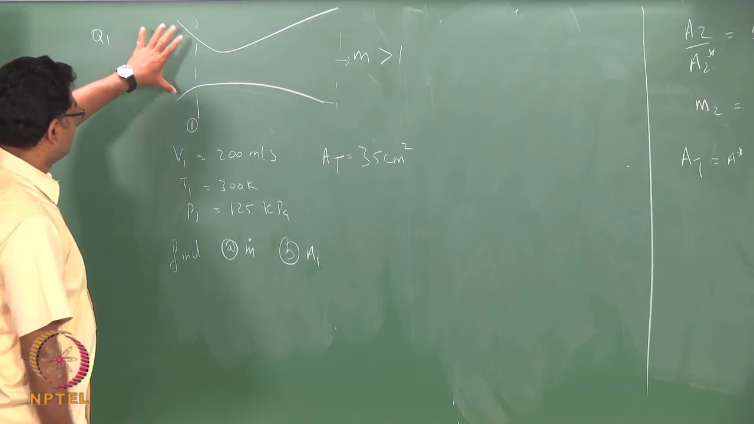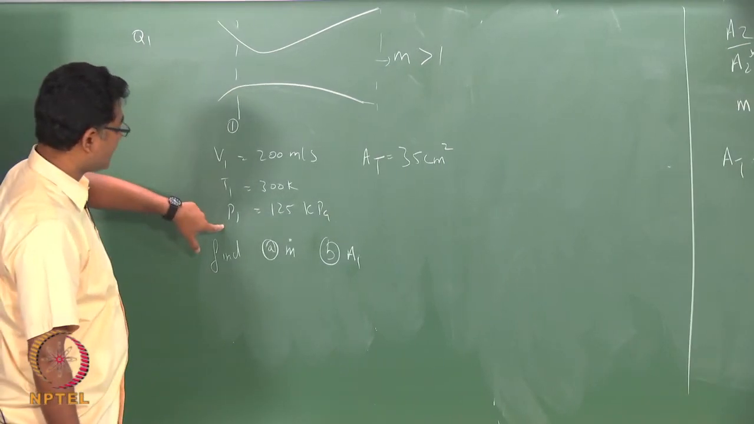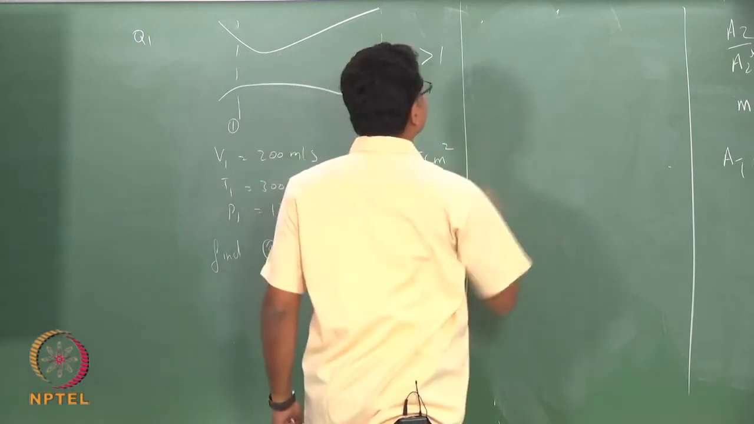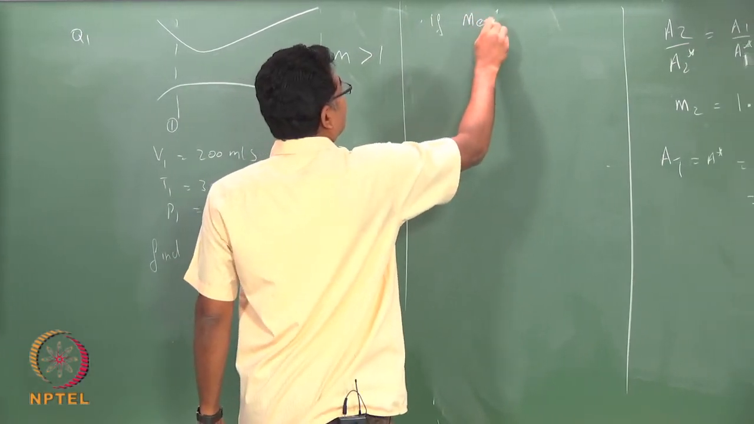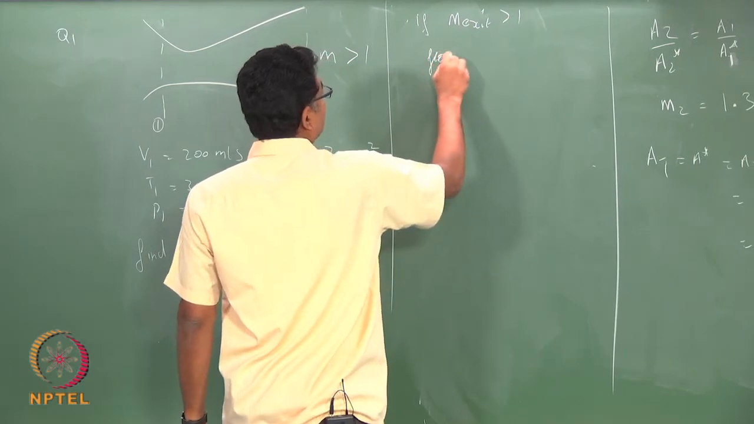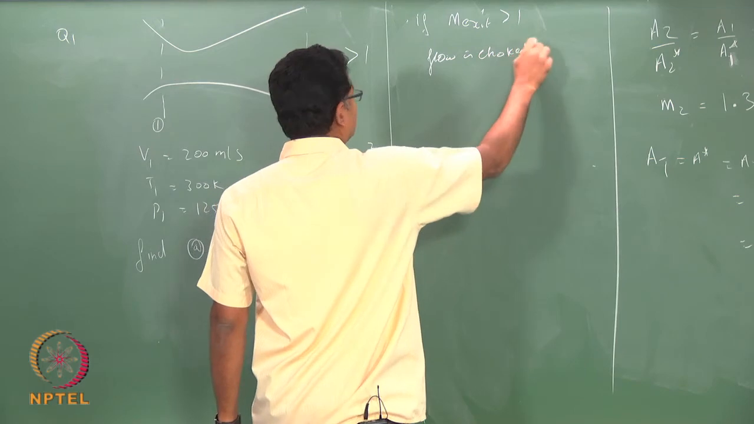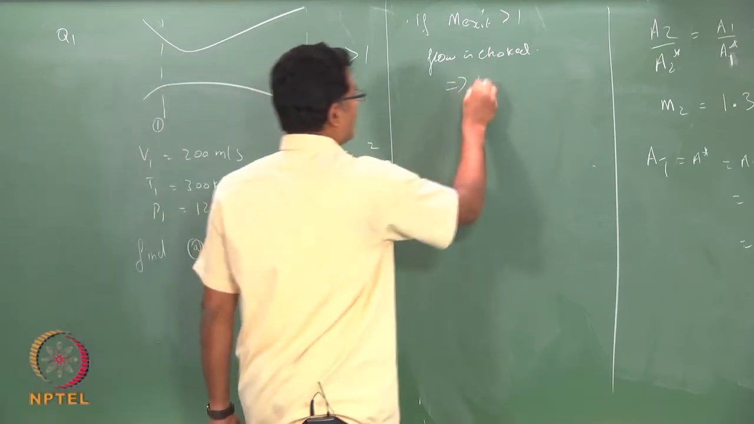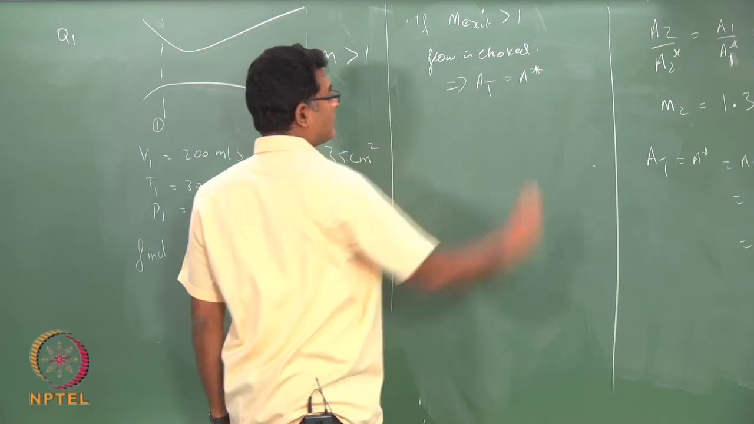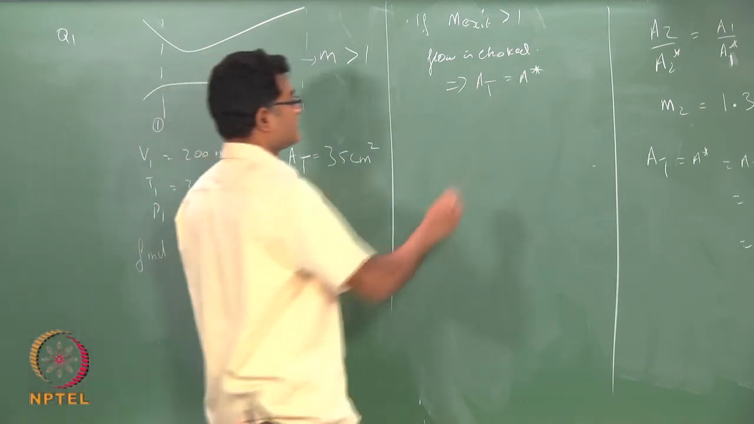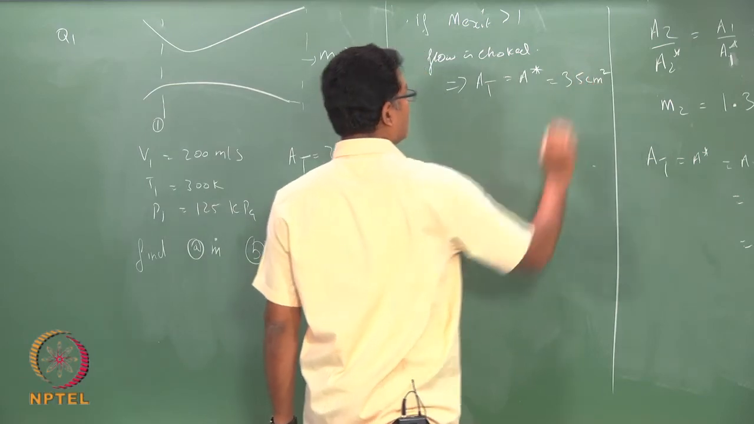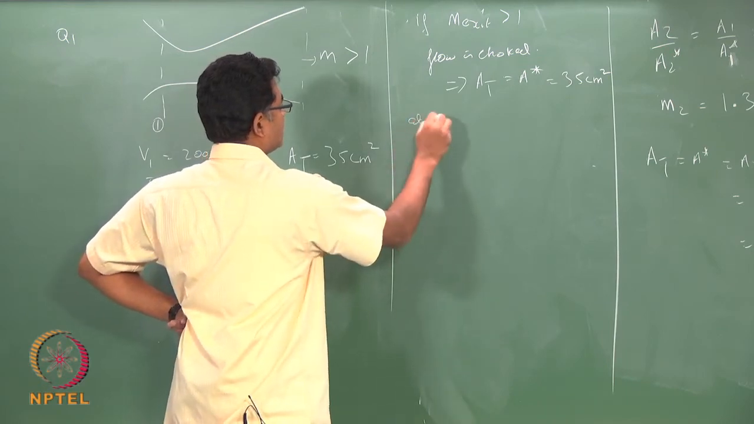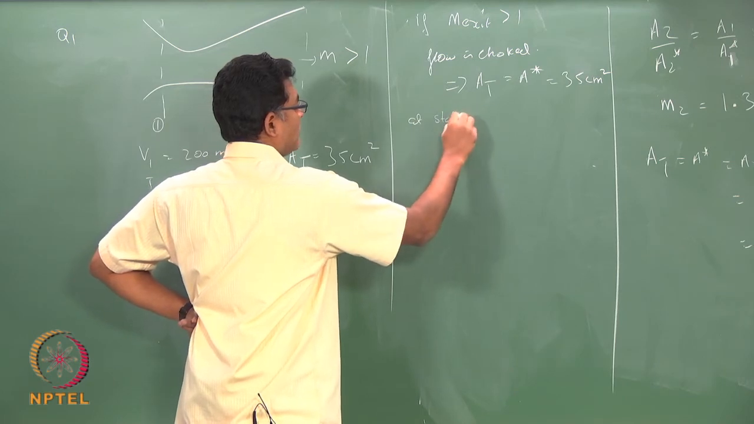So, the CD nozzle flow is coming in at section 1, we have the static values, and the exit Mach number is greater than 1, which implies the flow is choked, the nozzle is choked. This implies your A throat is the same as your A star, which is 35 centimeter square. So, at station 1,